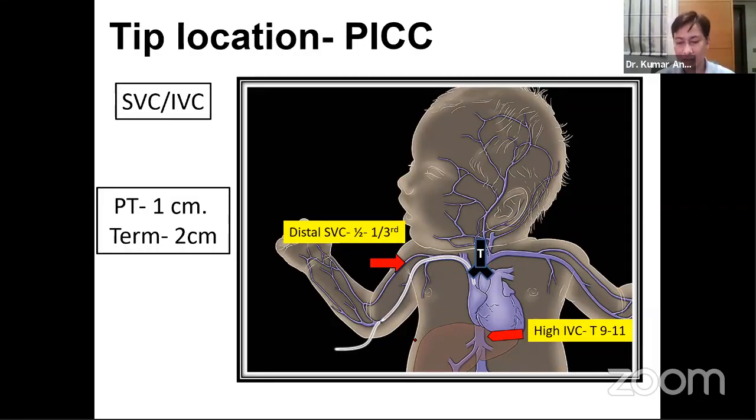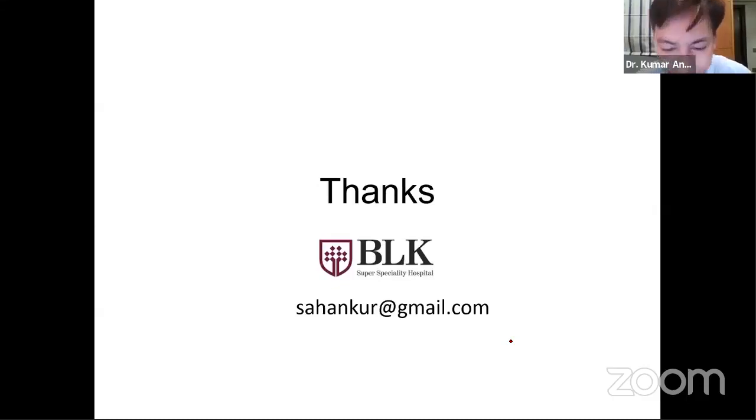If you are using the lower limb, we should target near the IVC, near the diaphragm. So we should target the PICC line, if you are putting from the lower limb, at T9 to T11, at high IVC catheter. I will stop here because I have tried my best to include all parts